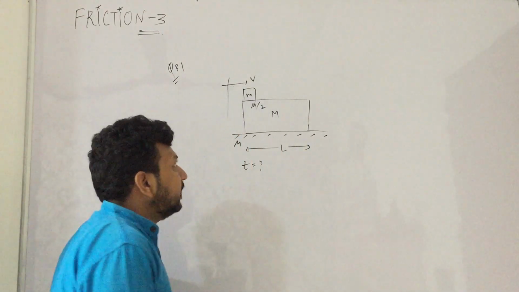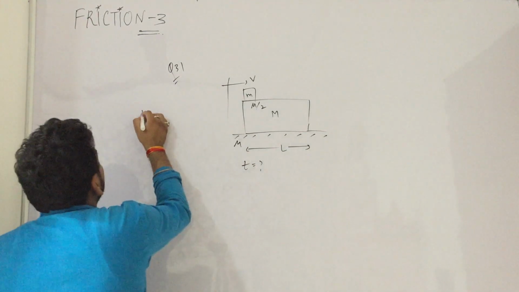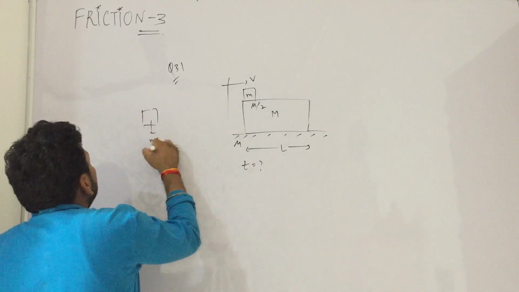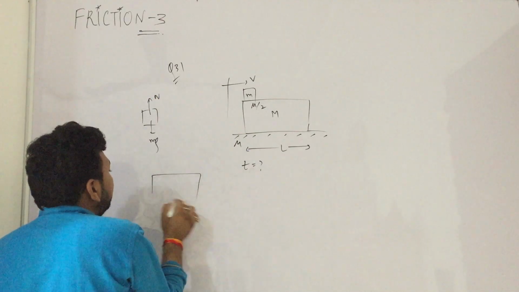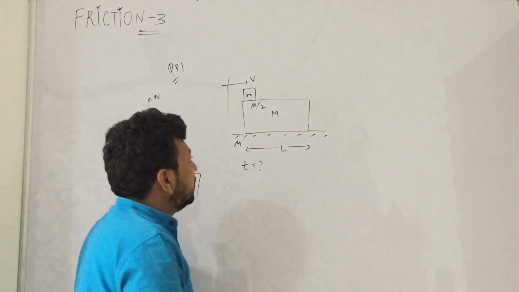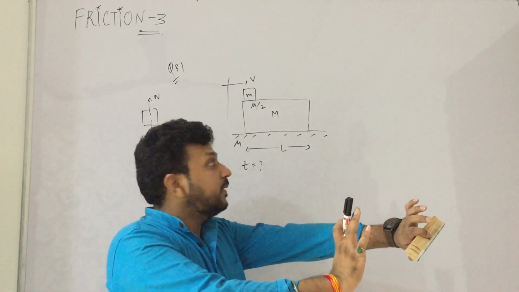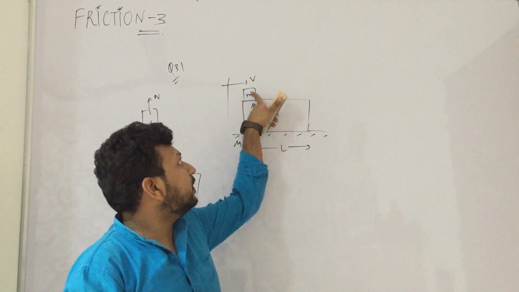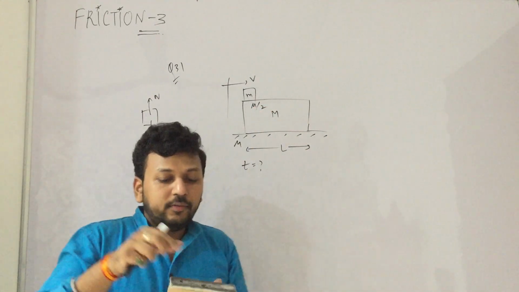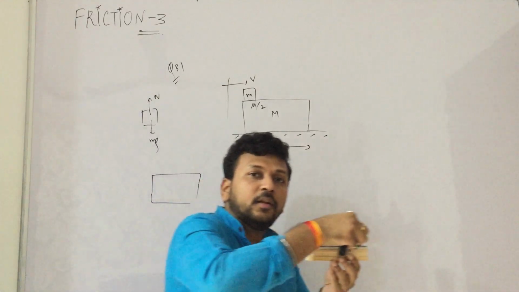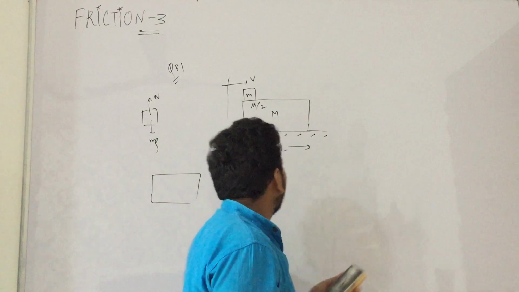So how do we get acceleration? By solving the FBD, free body diagram. Let us consider small m, with mg and N. And for capital M. See, friction here is less, here it is more. If we push the system, then this will start sliding because the friction is less. So how will it move? It will move like this and it will fall down. So both will go ahead, and it will fall down.